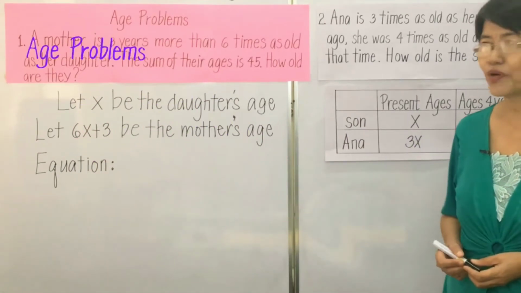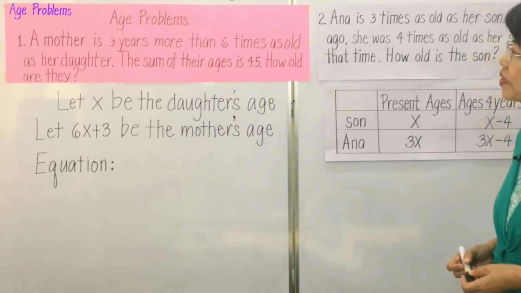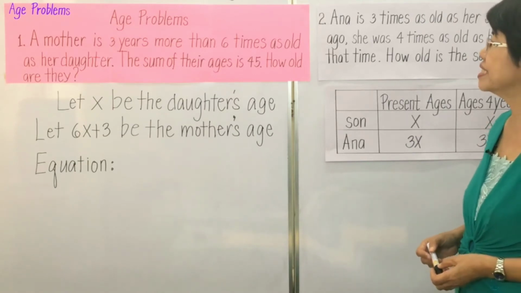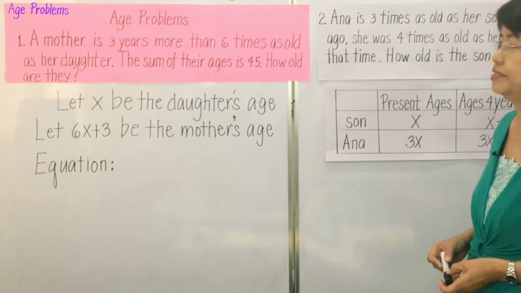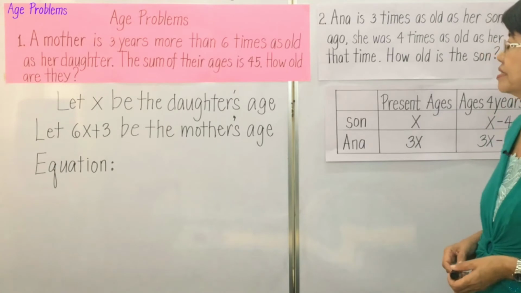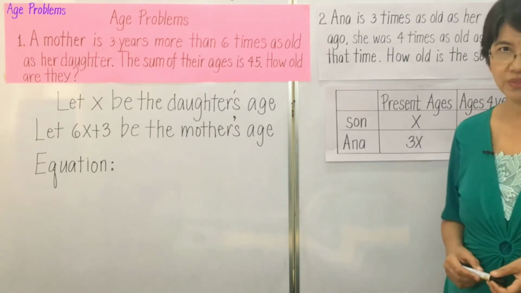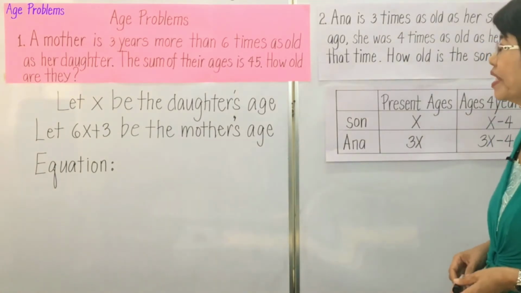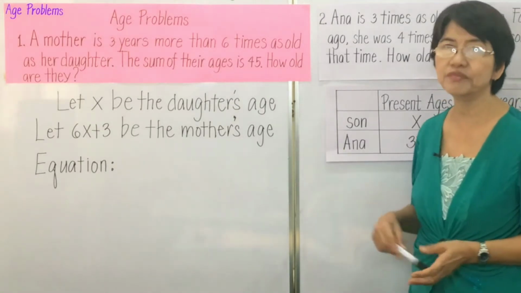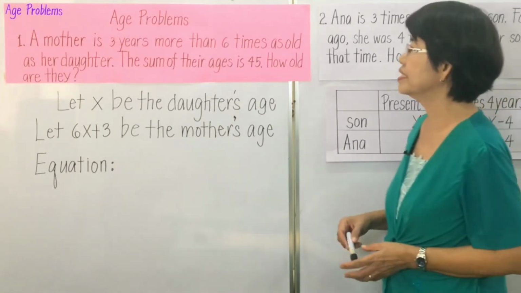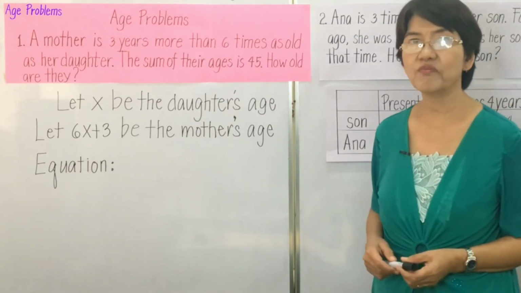For our first problem, we have: a mother is 3 years more than 6 times as old as her daughter. The sum of their ages is 45. How old are they? So we let X be the daughter's age because the daughter is the point of comparison